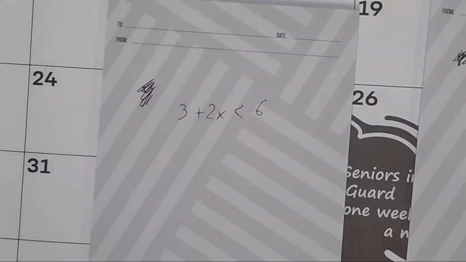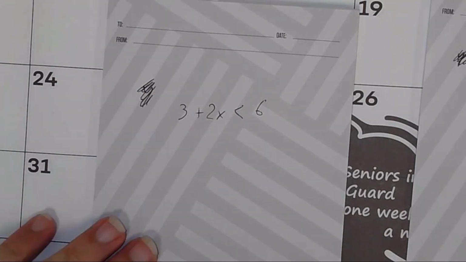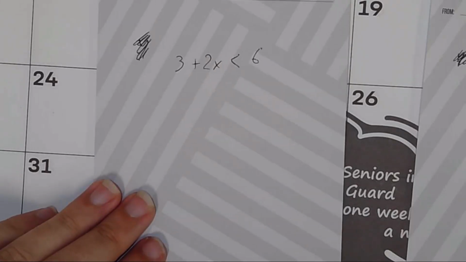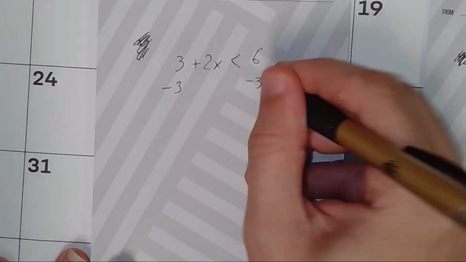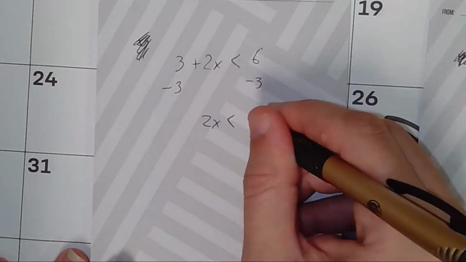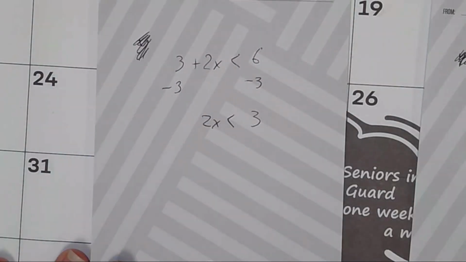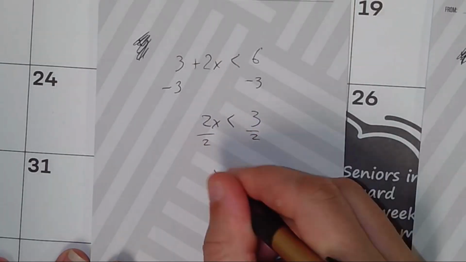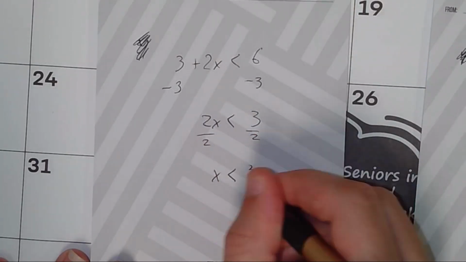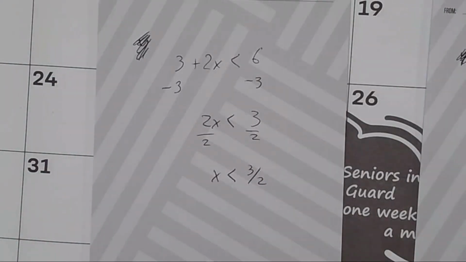Okay. Here I have a strictly less than. So notice that I can work this the same way that I'm used to working it from maybe linear equations. I will subtract 3. This gives me this expression. I will divide by 2. This gives me this expression. Notice I did not multiply or divide by a negative, so I did not switch the direction of my inequality